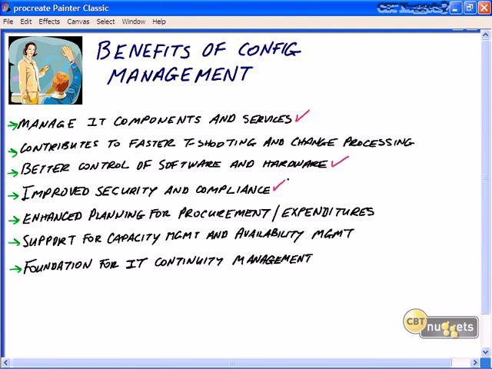It facilitates enhanced planning for procurement of hardware and software and our expenditures. It allows us to support capacity management and availability management. It's our foundation for IT continuity management. Now we're going to talk more about these different types of management and services in upcoming Nugget movies, but in